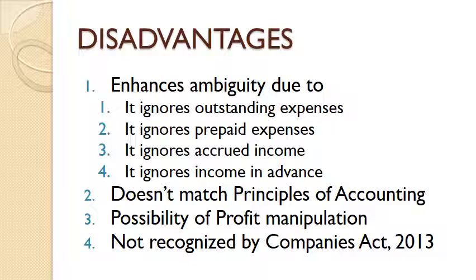Suppose we are considering the year 2019-2020. During that period, from 1st April 2019 to 31st March 2020, this is a 1 year accounting period, and whatever expenses and income we have generated in a whole year should be matched to conclude about the profit or loss which we have earned